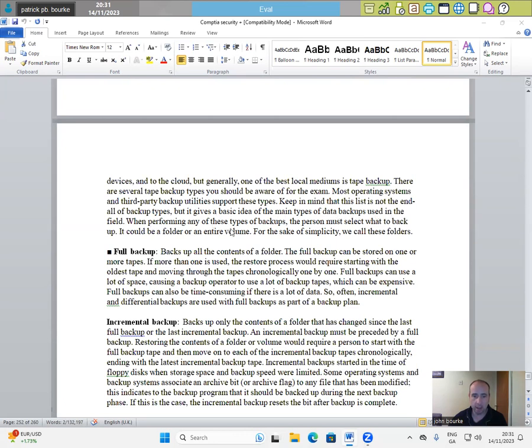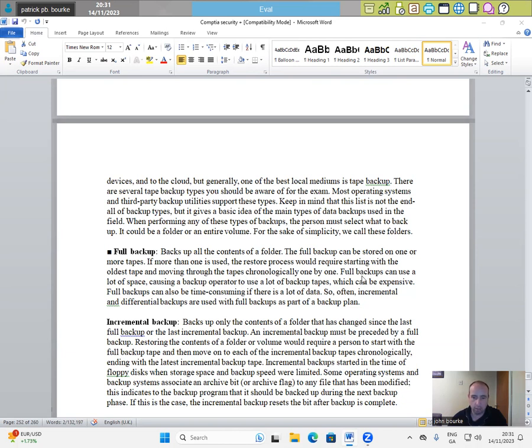When performing any type of backup, a person must select what to back up. It could be a folder or an entire volume. For the sake of simplicity, we call these full backups: back up all the contents of a folder. The full backup can be stored on one or more tapes. If more than one is used, the restore process would require starting with the oldest tape, moving through the tapes